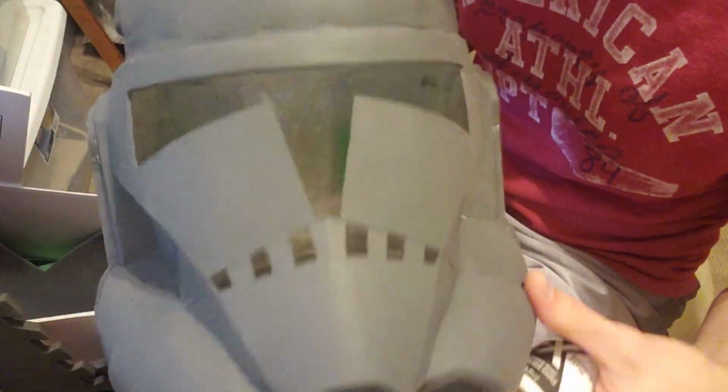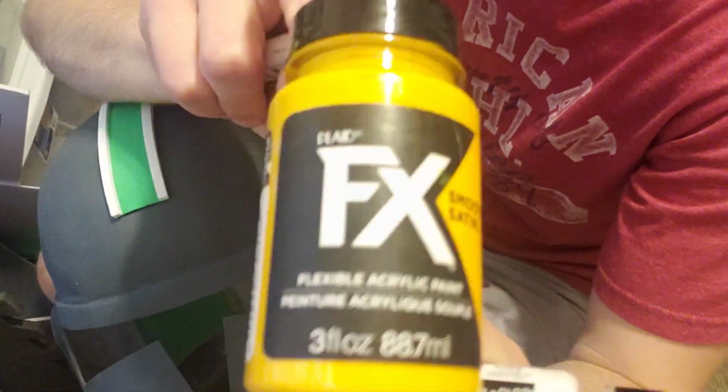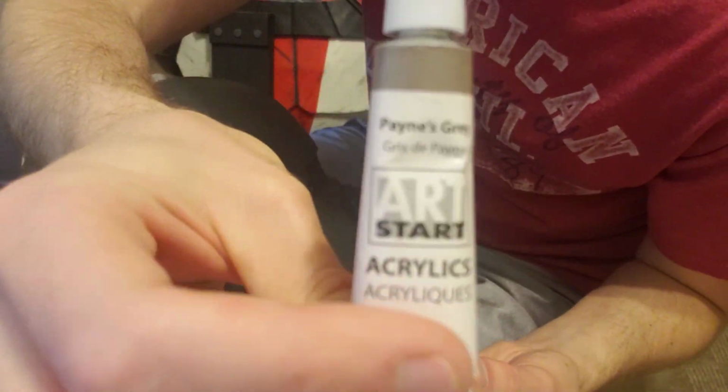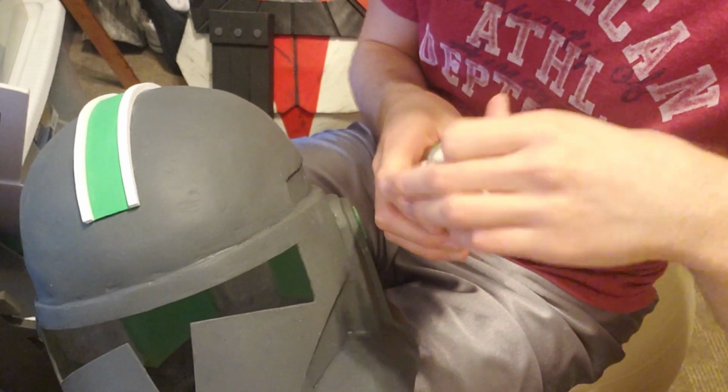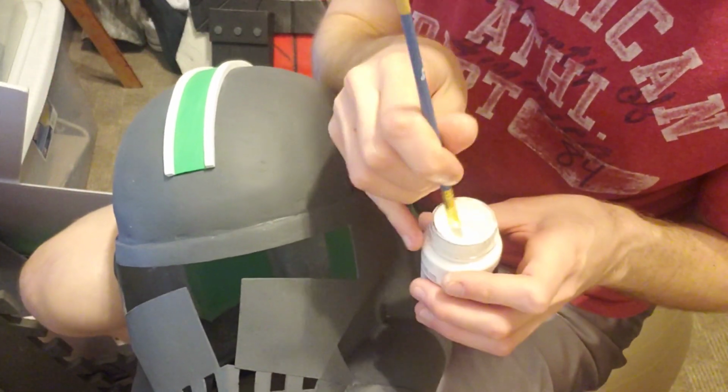Now comes the fun part. We get to paint the helmet. I'm going to be using several different types of paint. There are plenty of paints out there, so don't feel like this is the only one that you can possibly use. This one is actually designed for foam costumes because it's a flexible paint,